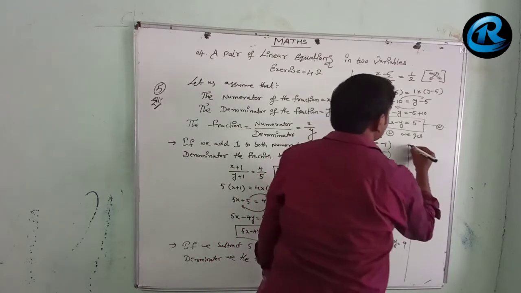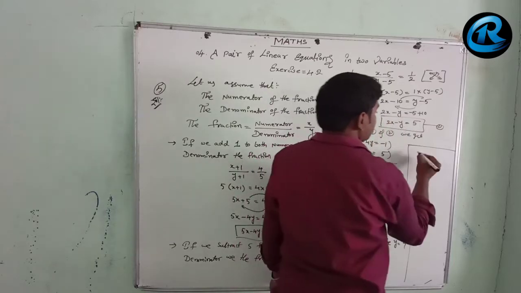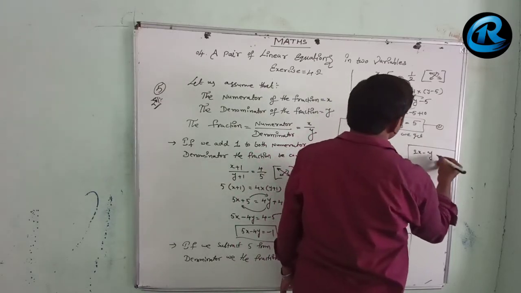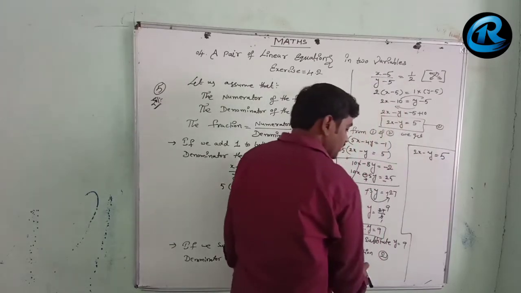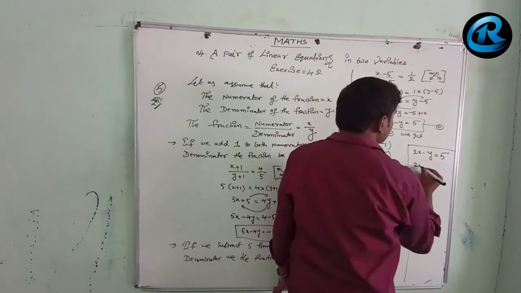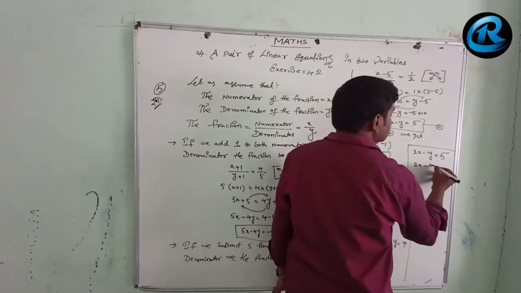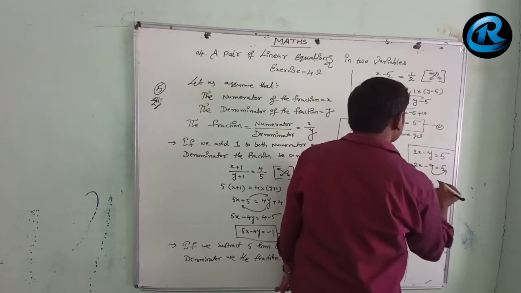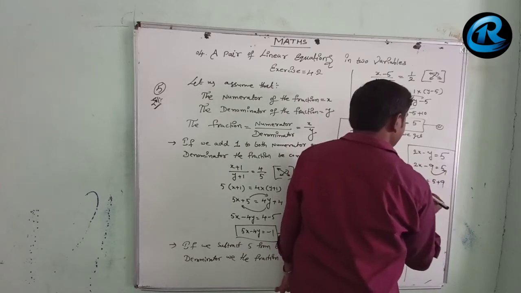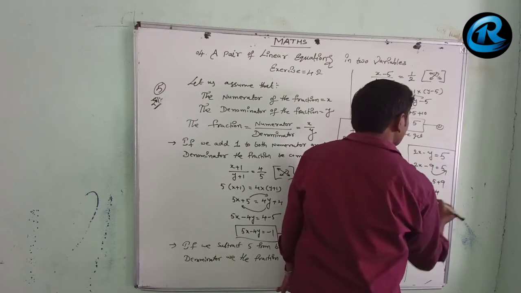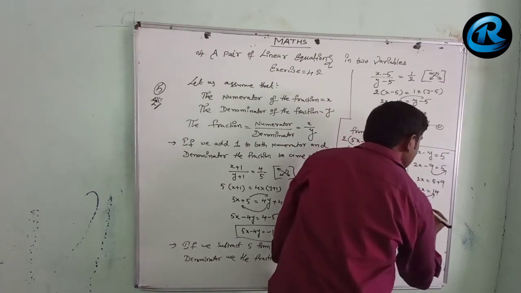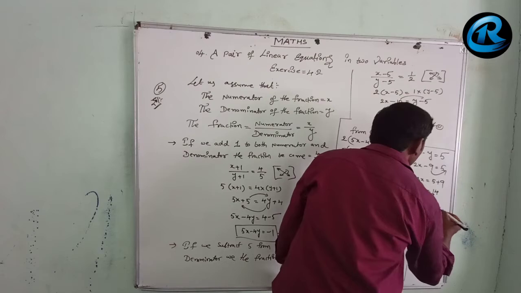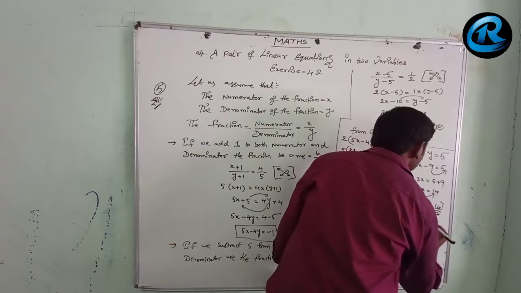Always we are substituting in equation number 1. Let us go for equation number 2 this time. You can substitute in any equation. So 2x minus 9, the y value is 9, equals 5. This 9 you transfer this side: 2x equals 5 plus 9. There, 2x equals 14, and 2 you transfer this side, x equals 14 by 2. 2 ones are 2, 7 twos are 14, x equals 7.